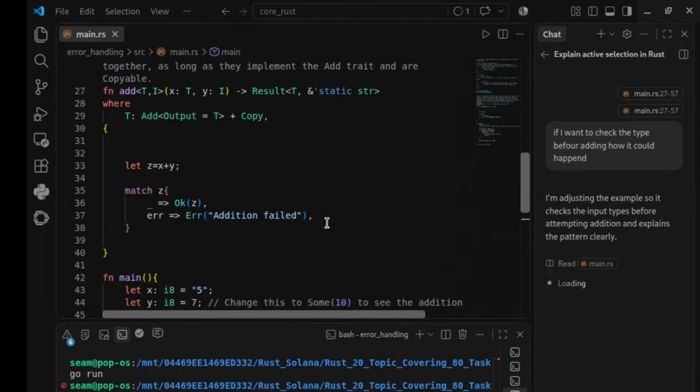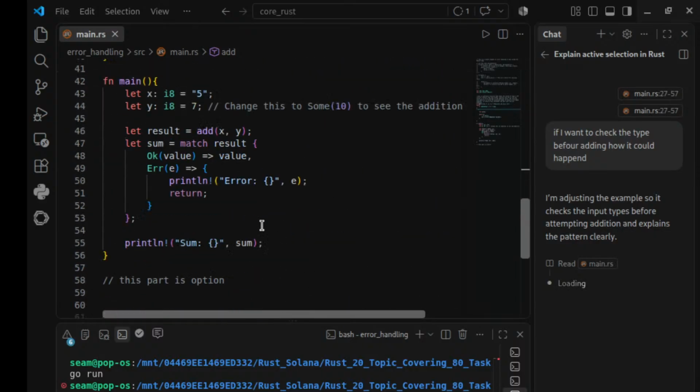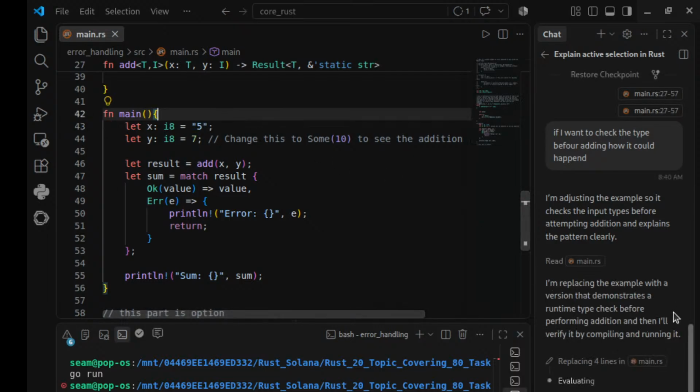So I am thinking that I can use here a check, so that if my code gives two types, that time it should